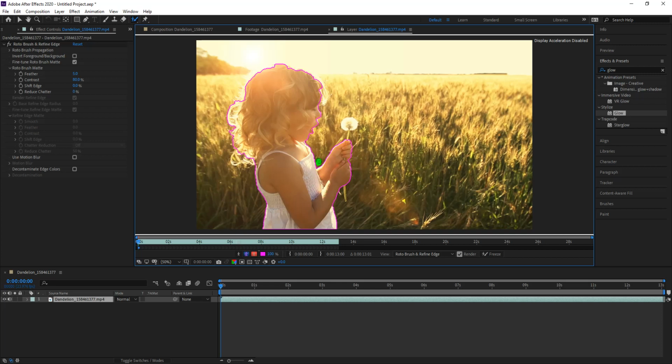Now let's, for example, make a mistake. Say I clicked here, for example. You will notice that it tried to capture this whole area in front of the face and the grass. If I need to delete, or if by mistake you capture more than you needed, all you need to do is press the Alt key on the keyboard, and then you can notice that it changes to a red minus on the cursor,